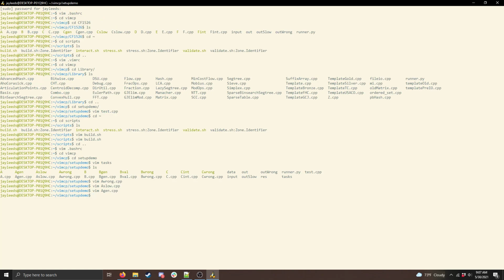So basically, the general format of stress.sh is you run stress.sh wrong solution, slow solution, generator, and then a number of tests, and then it'll print out a test on which the wrong solution and slow solution give different outputs. So if I want to use it here, I would do stress.sh a wrong, a slow, a gen, and let's say we want to run it on 100 tests. And it'll tell me, okay, there's an error. The input is 9 7, and then a wrong gives me a 17, while a slow gives me a 16. And so now I know I can go in and figure out in a wrong why it isn't